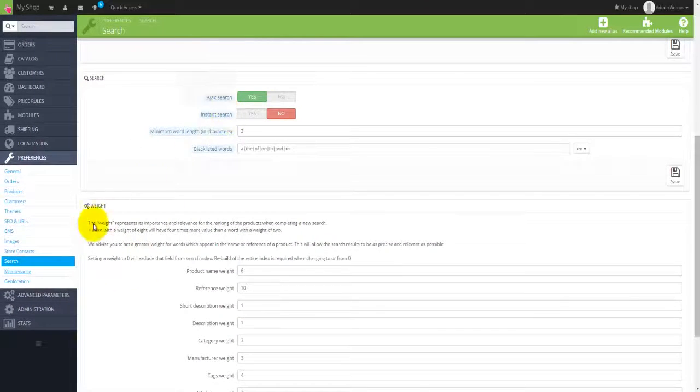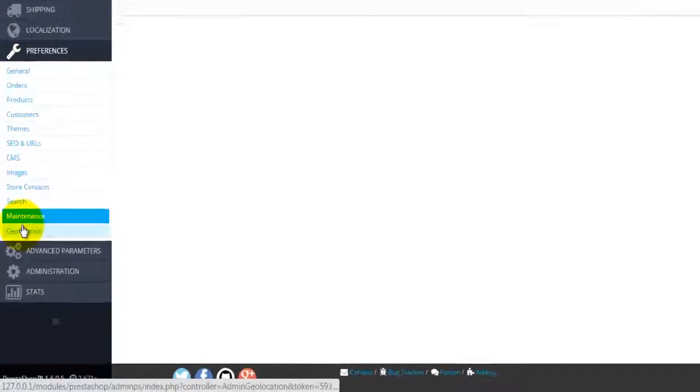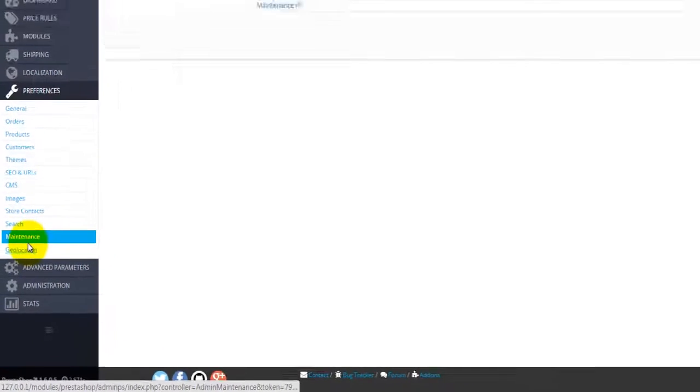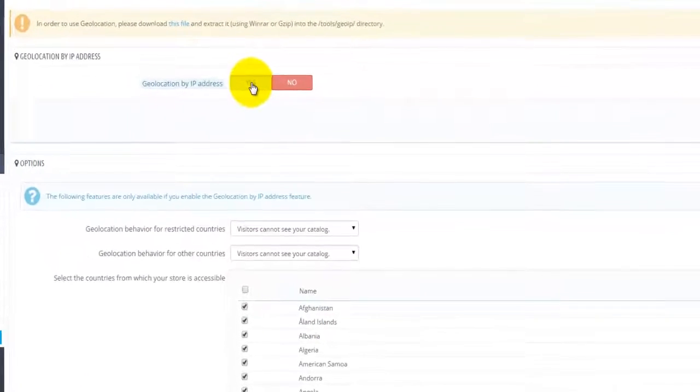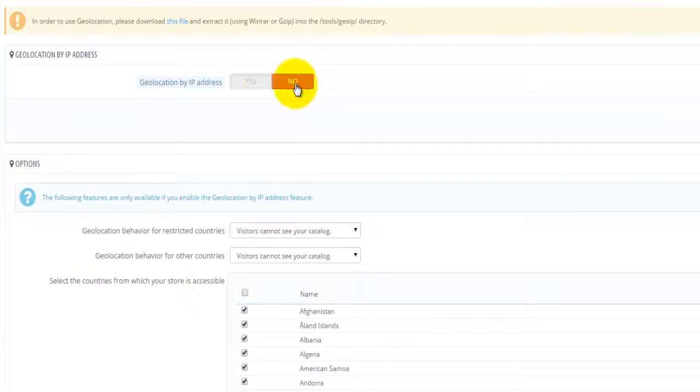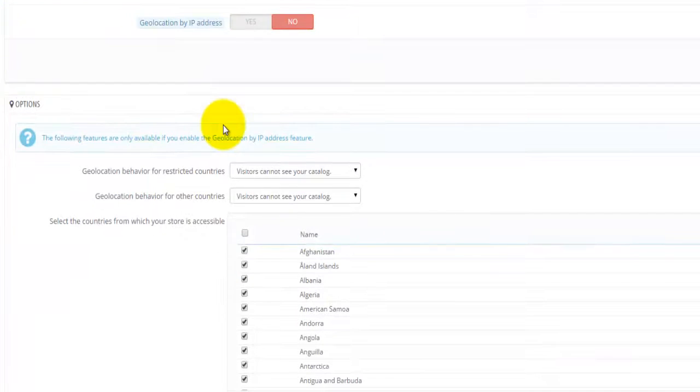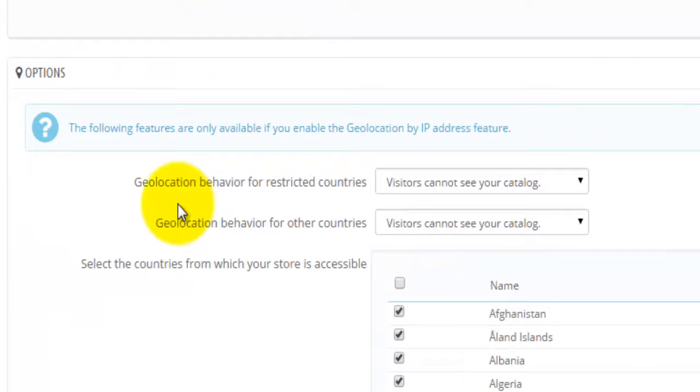Maintenance is probably just switched on, which is good. And let's go into geolocation. Okay, the option here is that you can use the IP address to detect the geolocation of the customers. Whether or not you would like to use that is totally up to you. I'm going to say no. Now there's a couple of things I would like to change here. First of all, geolocation